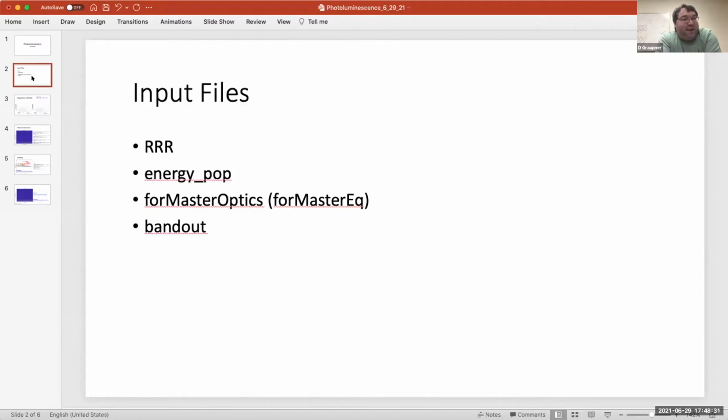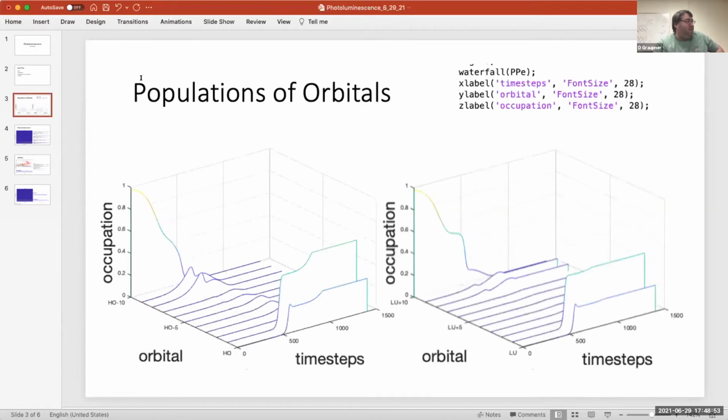In my presentation, I kind of gloss over a lot of the basics because I assume they would be covered by now. So you have your input files, and you need to change the orbitals in the MATLAB code, the Z steps, and all that. So the first thing that I was looking at